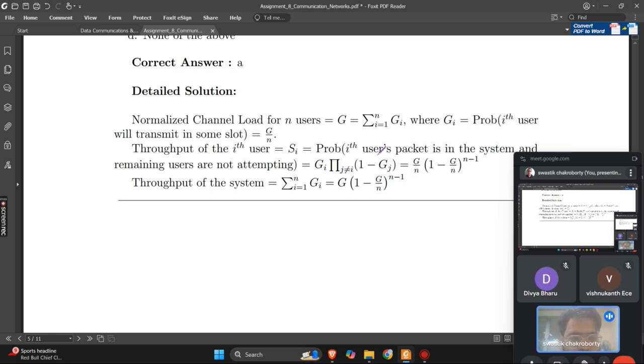So if there are n users, then for one user the load is basically G by n. So G is the total load of the system. So each user will have on an average G by n traffic load. So for the ith user, what is the throughput? Throughput is simply the probability that the ith user's packet is in the system and the remaining users are not attempting. So what is the throughput for the ith user? It is simply